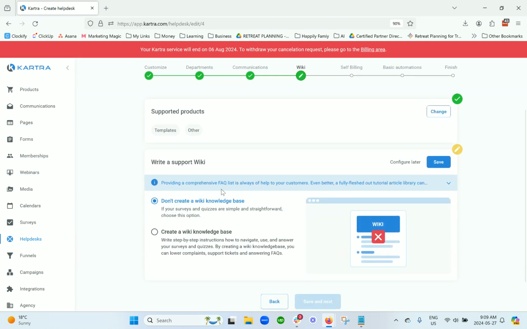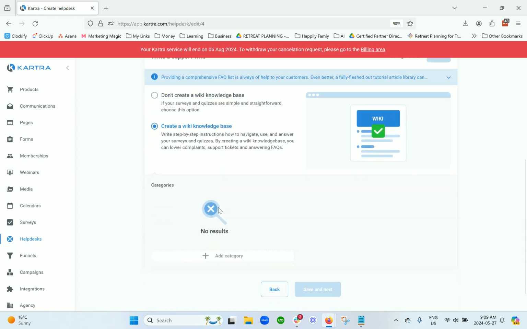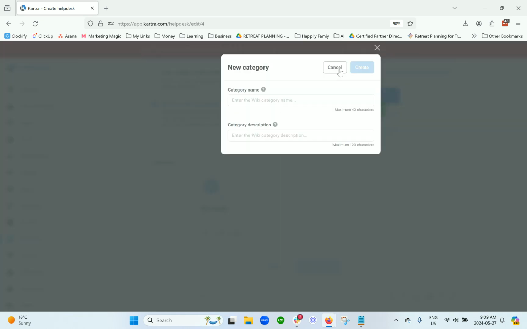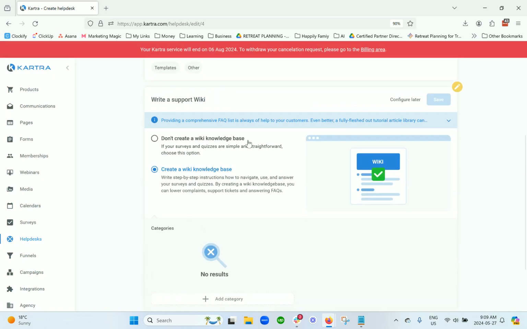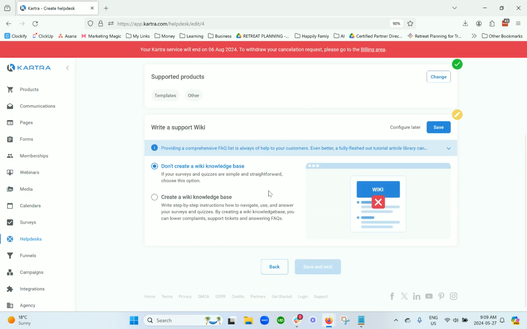Okay, and then you can also build an actual wiki. So you can create a base here where I won't go through this part, but you can add in sort of questions and answers for things you commonly get asked. And that can help reduce some of your time spent on these things, but I'm going to keep